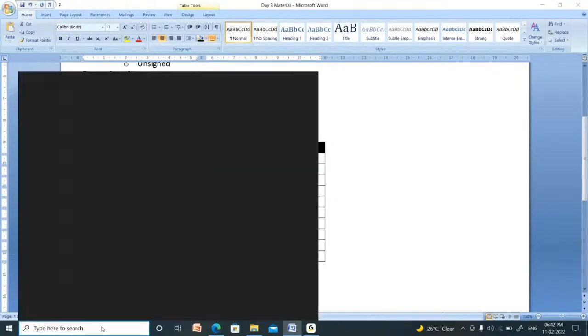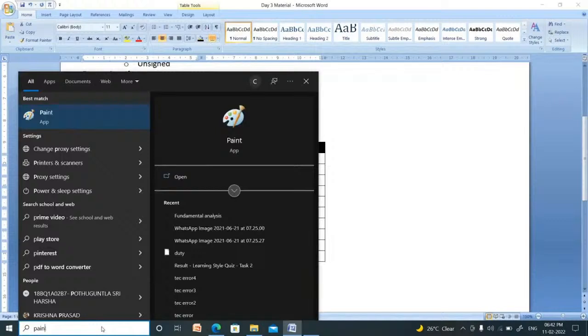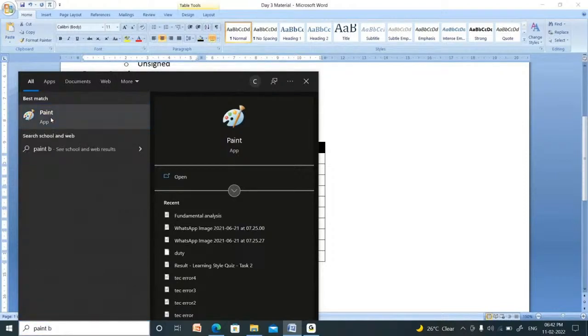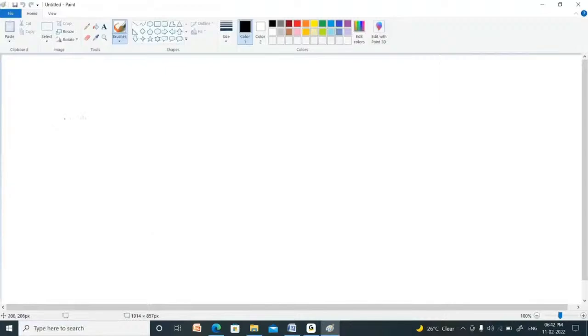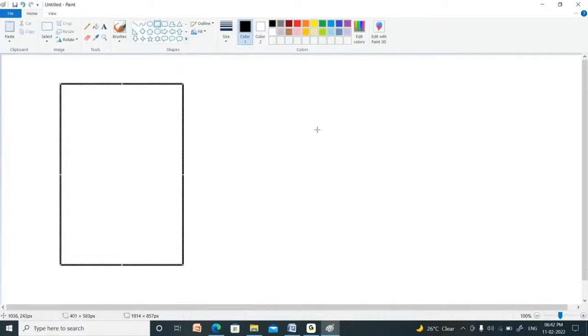I am going to open a paintbrush. I will explain this concept using paintbrush. What is the use of paintbrush? We can draw something in paintbrush. I am going to write a leave letter.